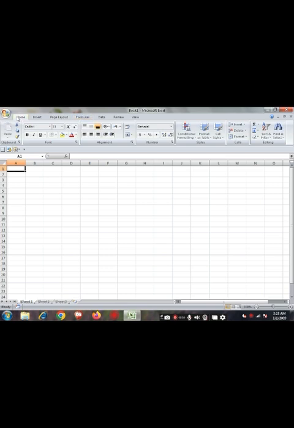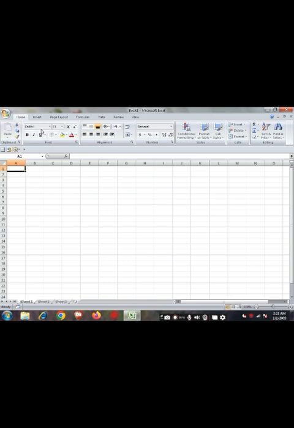Next is the menu bar. This is the Microsoft button, which has the file menu. When we click on it, it will open the file menu that helps us to organize our document properly. It has all the options that we need to work on our workbook and organize it. We will discuss it later. Today we are only discussing the screen. This is the menu bar that has all the menus, insert, page layout, formulas, data, review and view, that help us to work in the software.